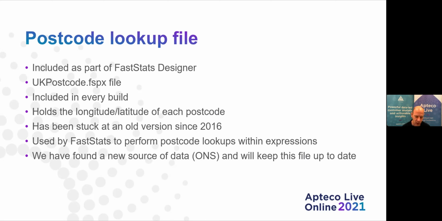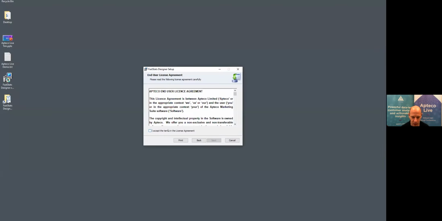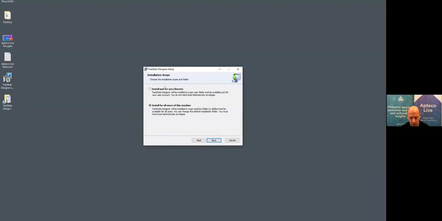And then we'll keep it up to date going forward. So let me just give you a nice smooth demo of how all this fits together. So I've got our FastStats Designer installer, and this time when I run the installer, we get this extra option for our installation